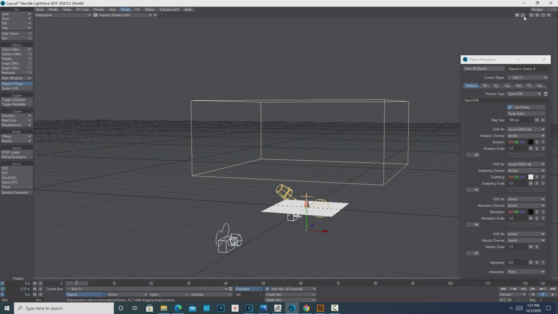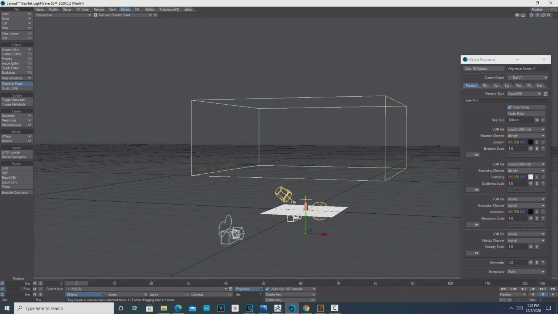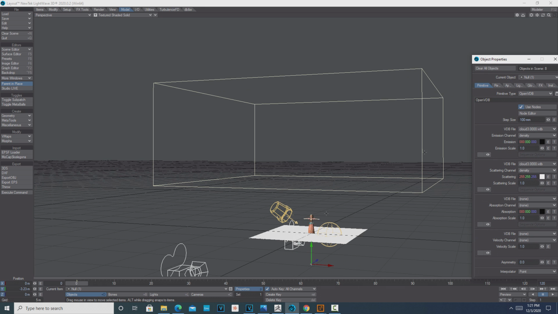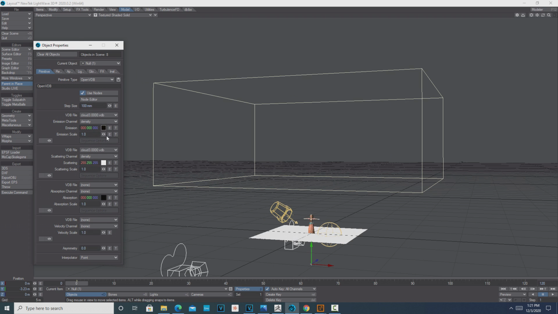Okay, so now I'm just going to reposition myself here and punch in a little bit more. Okay, and I just have this for scale. So there's a lot to all this. We can go in and try to texture this more, but I think you'll see that it looks kind of good as it is. The only 2 things worth noting here is that these VDBs are essentially made of voxels,